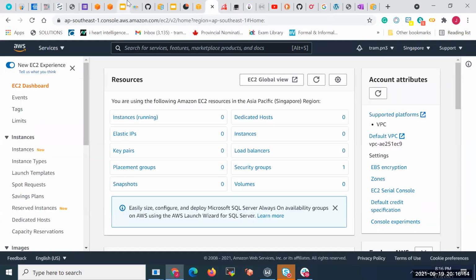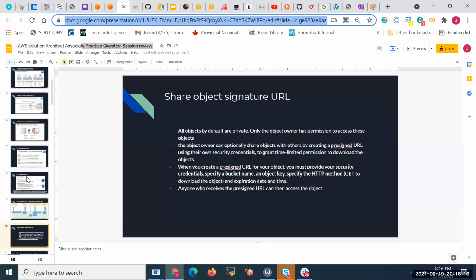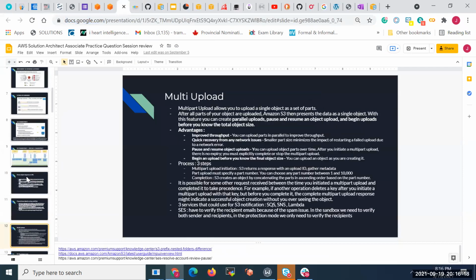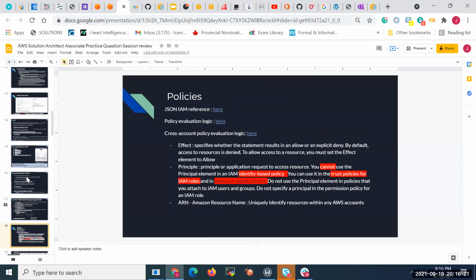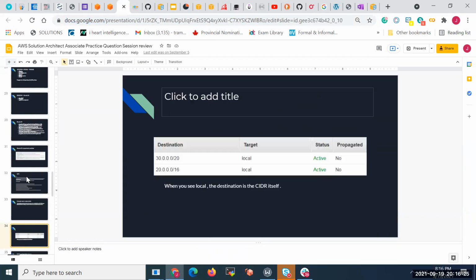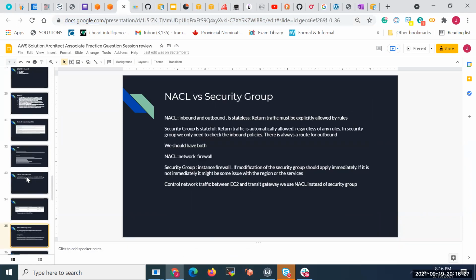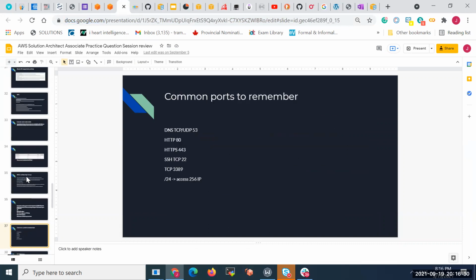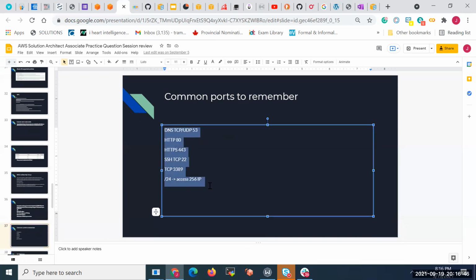Okay, practice question. Give me one minute. Okay. So I listed down some of the ports for you to remember here. These I cannot say much about, just remember them by heart, and also read more on TCP, SSH, HTTP, HTTPS, because I do see that some of the practice tests ask about this.